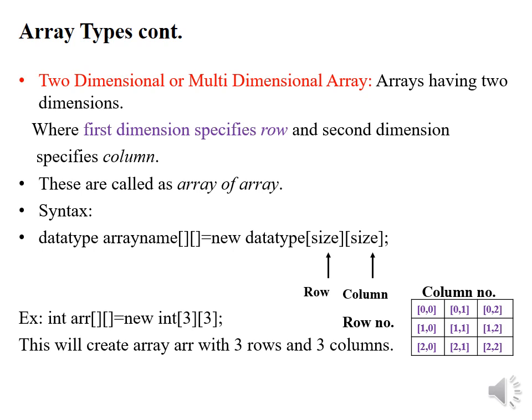That's why the element present at the first position is 0, 0. It indicates its row number is 0 and its column number is also 0. The second is 0, 1, which indicates the row number is 0 but the column number is 1. And 0, 2 means the row number is 0 but the column number is 2. Then the next row number is 1. So for all three columns, it will have the same first dimension, row 1. So 1, 0 means first row and 0th column. 1, 1 means first row, first column, and 1, 2 means first row, second column, and so on.